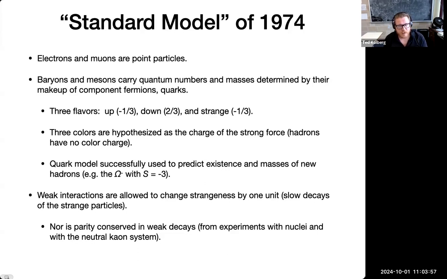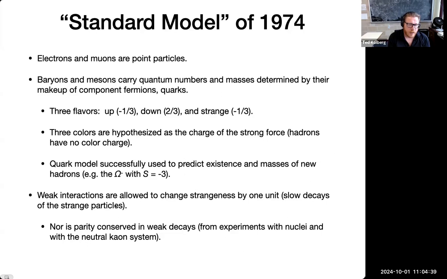We have this simple model of what will eventually be called QCD, where there's 3 different color charges that the quarks can carry, and that determines the pairings which are allowed versus disallowed in terms of number of quarks to make up a bound state. Baryons have 3 quarks, mesons have 2 quarks. We now think that we may have discovered states with 4 or 5 quarks, but that wasn't known at the time. And the quark model was successfully used to predict the existence and even suggest the masses of new hadrons. For example, the omega minus, which is the strangeness -3, strange